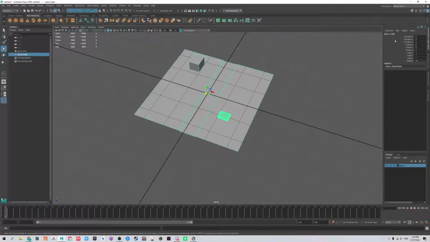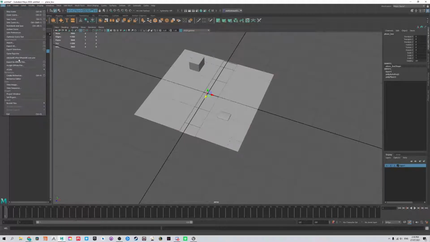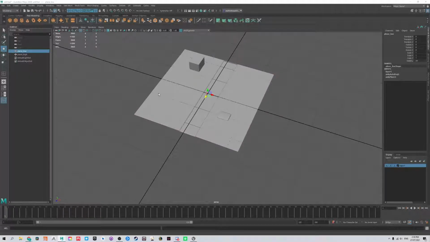So this is important, and it's all zeroed. And now I'm going to select my plane. I can actually do that from the outliner, I can do it while it's like this as well. So I'm going to select my plane, and I'm going to export that out. I'm going to go export selection,